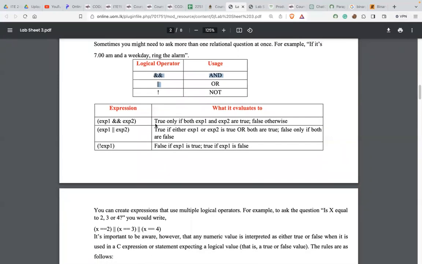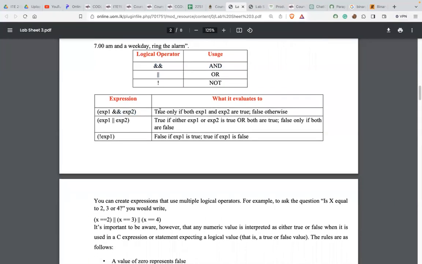Okay, now I think you guys can properly get the idea of these operators. So here the meanings of the expressions are given. Expression 1, if you are using the AND operator, double and sign, it is true only if both expression 1 and expression 2 are true, otherwise it is false. If you use the OR operator, it is true if either expression 1 or expression 2 is true, or both are